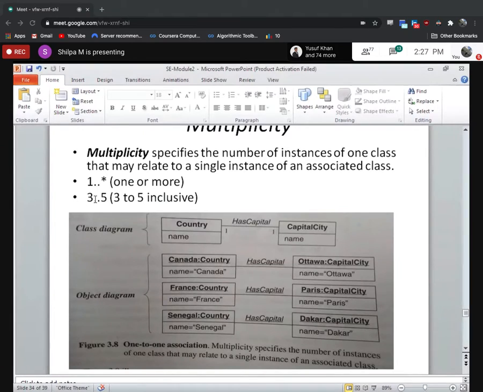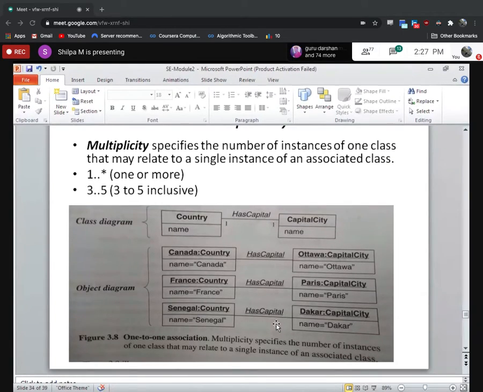So if I've given 3 to 5, it means that it can be either 3, 4 or 5. See, I am a faculty, right? If it is faculty here and student here, then I will say I am a faculty from 1 dot dot 90, because I am teaching USN 1 to 90, right? Like that, section or student name association I can give. Okay.